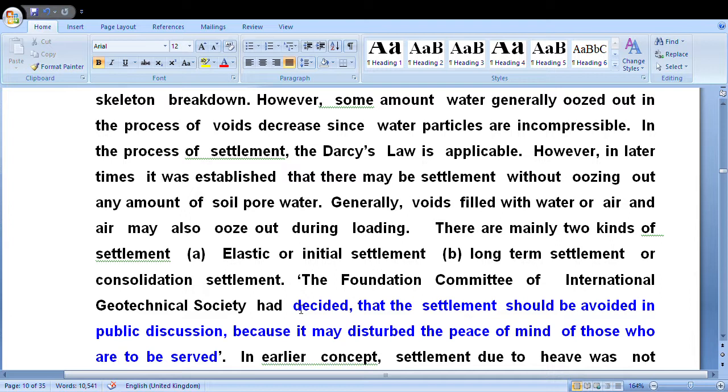Yes, there are a lot of old settlement histories like the Pisa Tower, Qutub Minar. There are a lot of studies going on. Still, there are a lot of scholars studying all these things. Even after rehabilitation, scholars are still studying. Anyway,